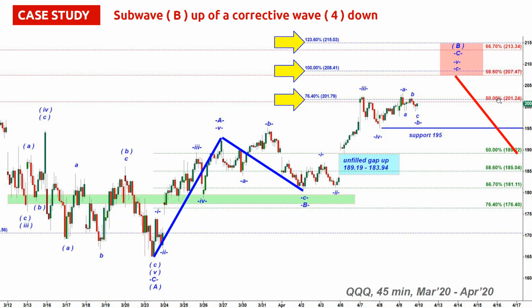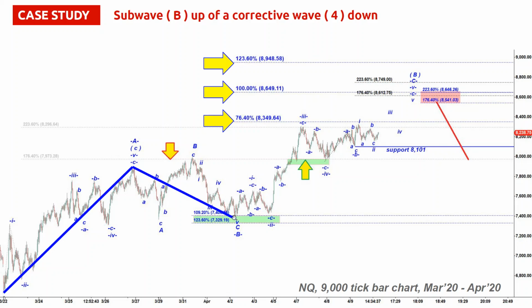This is NQ 9000 tick bar chart, also covering March 20, April 20 period. The problem is subwave C cannot be counted as completed by now. Microwave 1 up, 2 down, you see perfect ABC up, ABC down, ABC of wave 3, ABC of wave 4, and here we got a lot of whipsaw. That could be A, ABC of B, and I do not think that small push higher was all of subwave